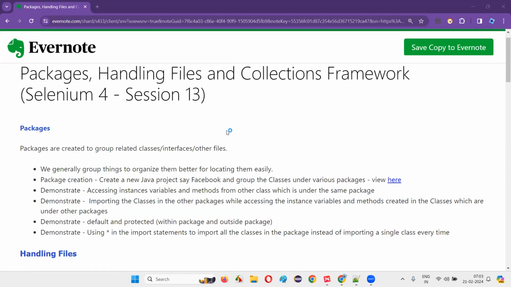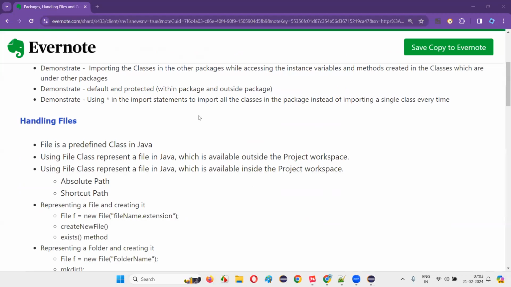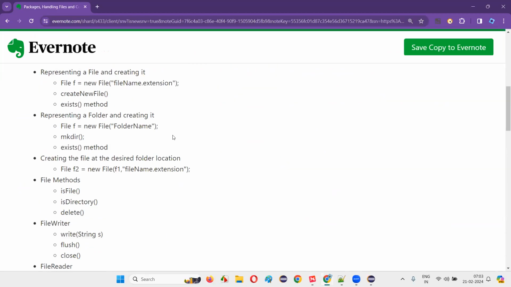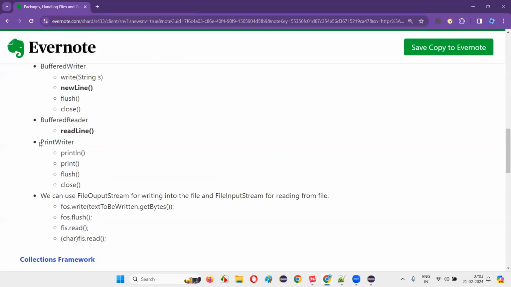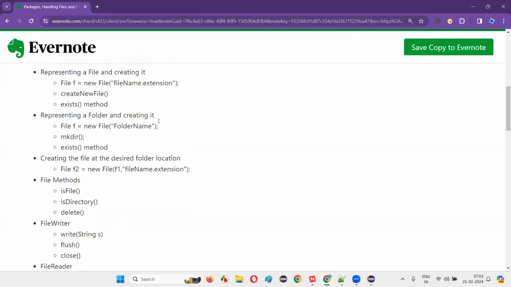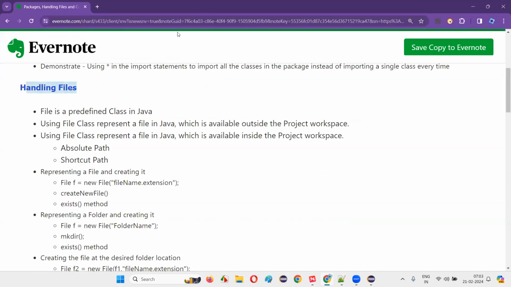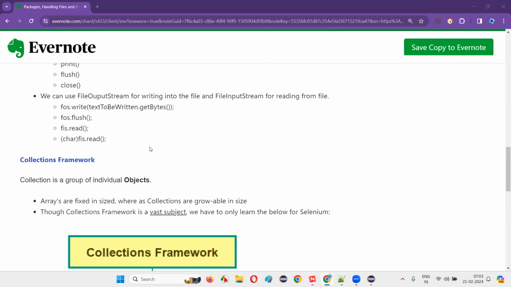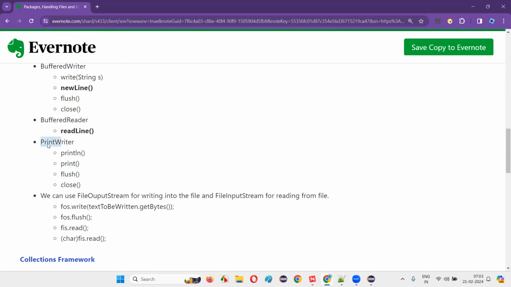So yesterday we were into handling files, and there were a few topics left out in the handling files. So I'm going to cover that first. So the thing here is,